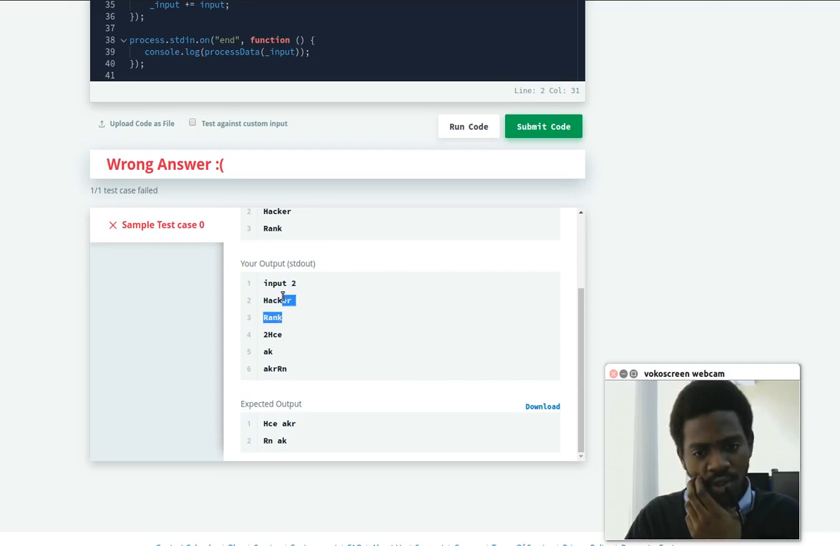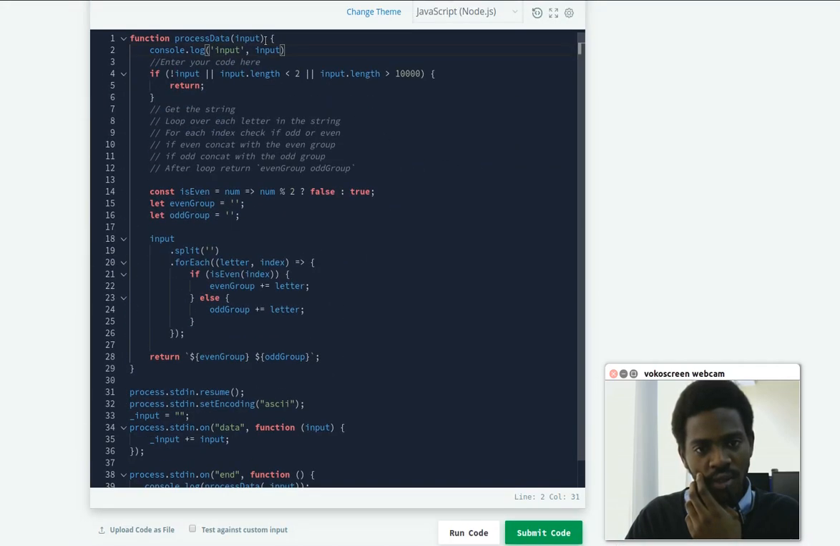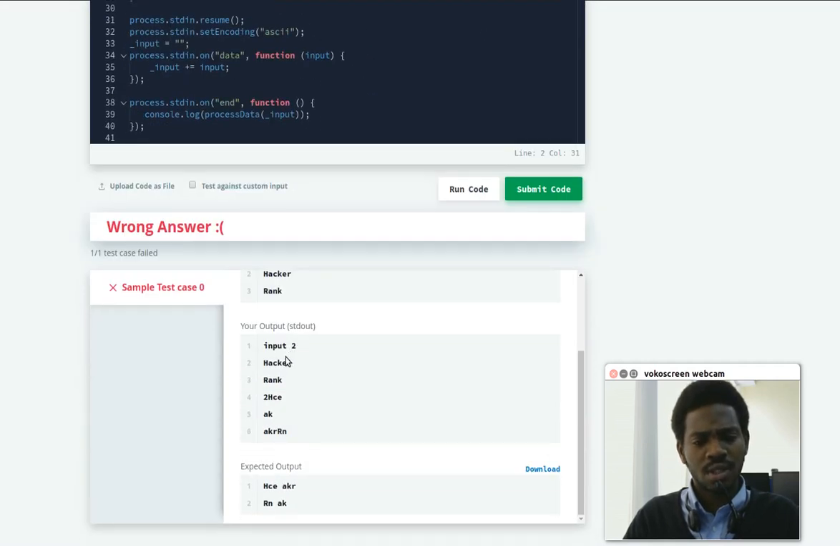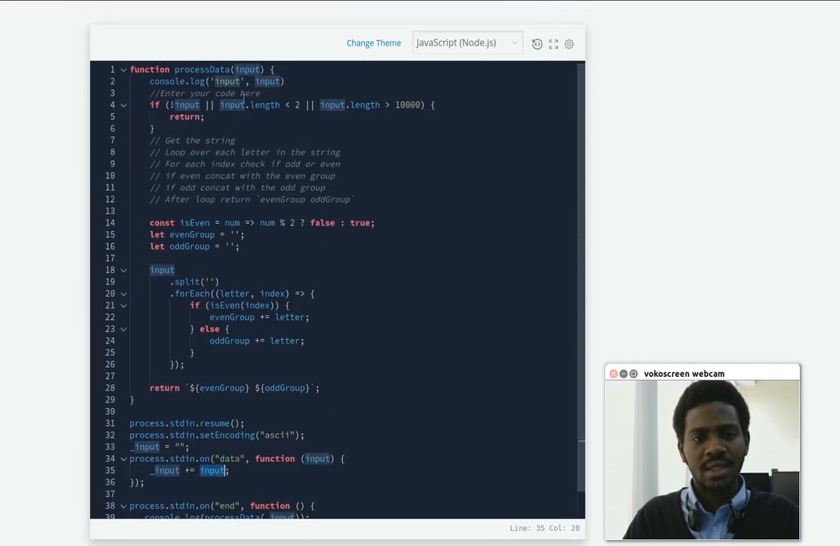Oh, the input is these three things. Oh yeah. So what if I did input dot, wait, I guess it's a string. Wait, what's happening? Are you giving me a string? Oh yeah, wait, it's just concatenating. So what if I split